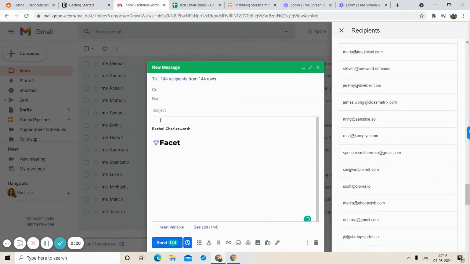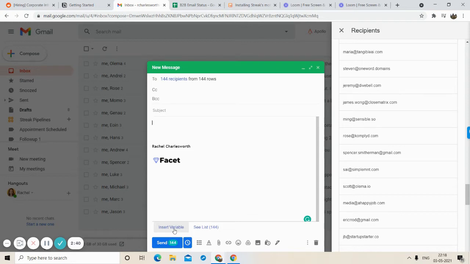Now suppose I have to mass email them. First I will explain what insert variable is. Suppose I want to personalize this email a bit, starting with the recipient's first name.